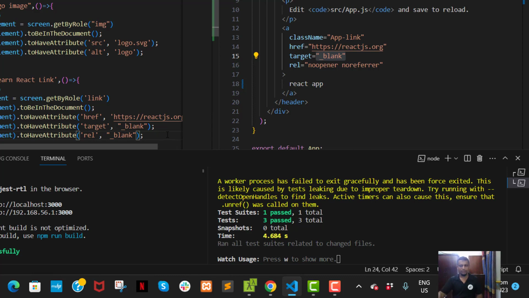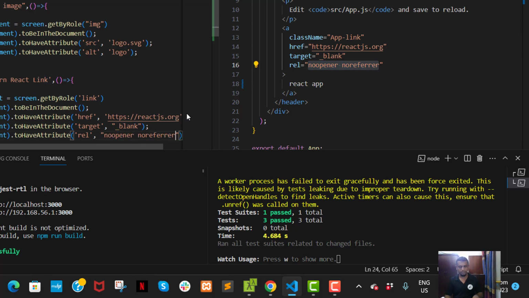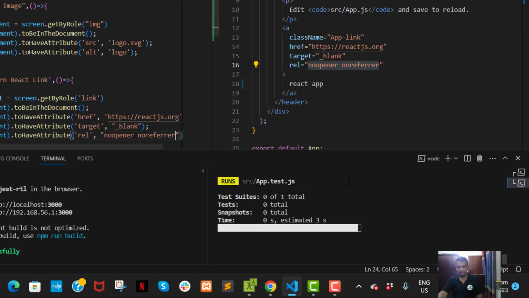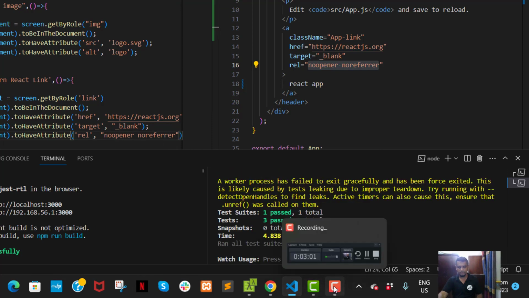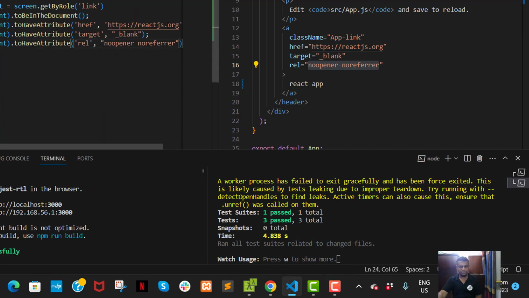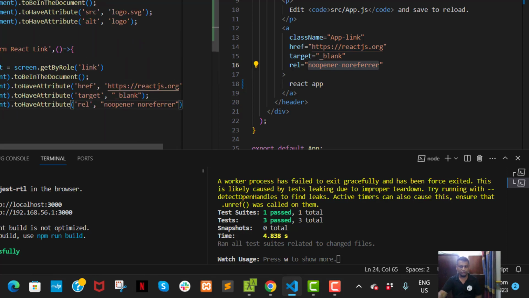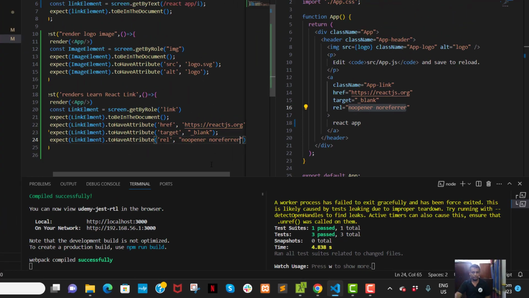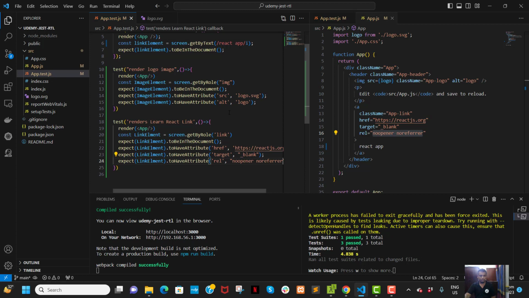And another thing, expect linkElement to have attribute, and that is rel. Let's see whether it is passed or not. Yeah, all of our tests have passed. In the middle of the tutorial, I want to show you where I am getting this role for getByRole,